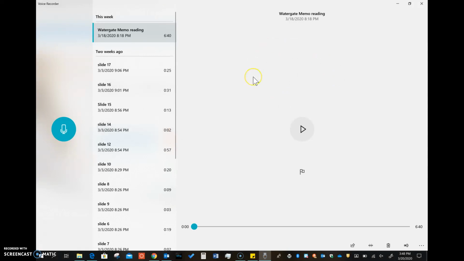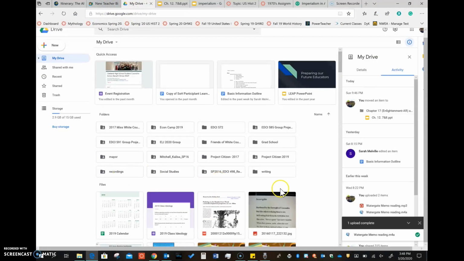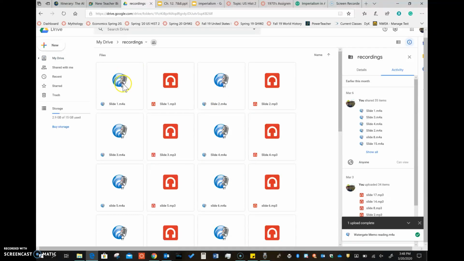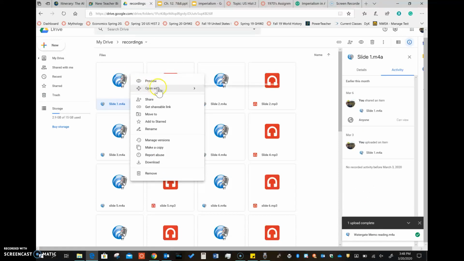The only problem with using this is it makes it an MP4 file, which is difficult to work with, and it's not very compatible with different technologies. So if you have Google Drive, you'll have to add it into your drive, and this is my drive. And so your recording will look like this with this little globe. What you can do is right click on it and open it with